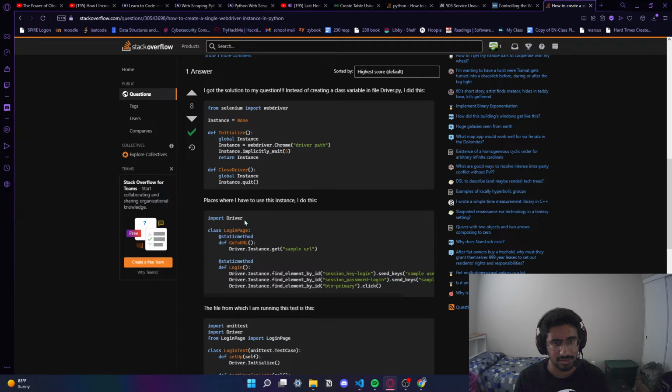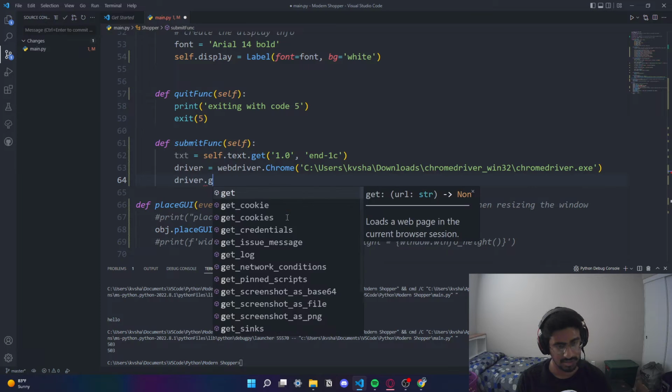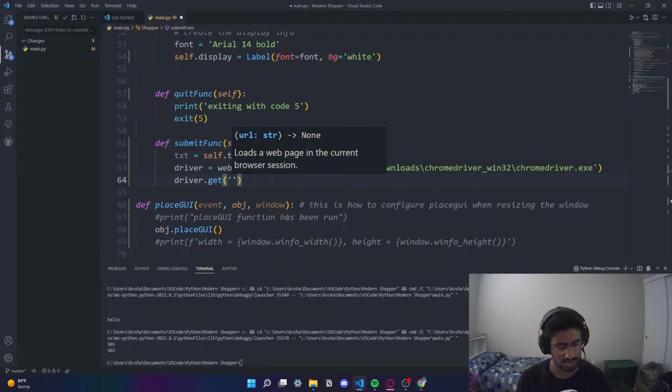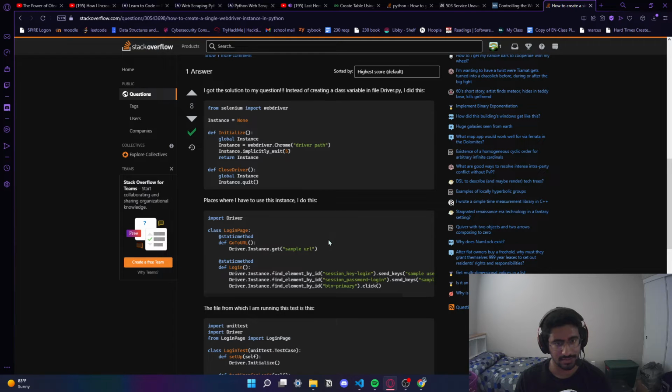Driver or get instance dot get. So we get that instance, get sample URL. So we want to say driver get, just say google.com or amazon.com, amazon.com, and then